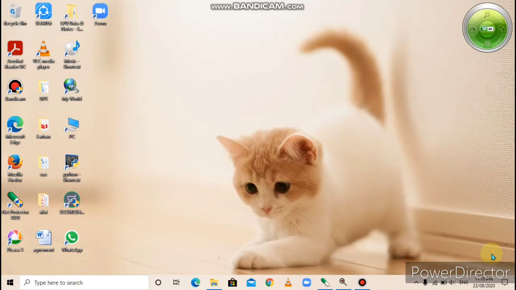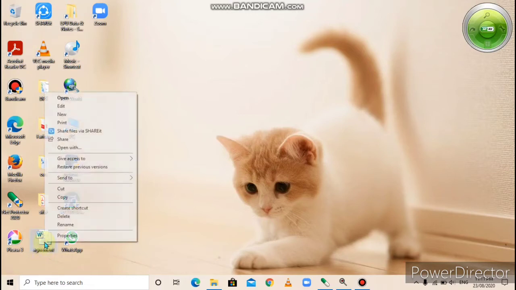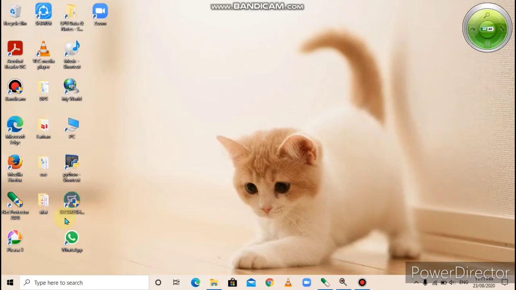We can double click on this icon to view the deleted files or folders. When you double click on the recycle bin icon, then you can see which files are deleted. Let's see, I give one example. There is a file. This is a file, right? I right click here and choose the delete option. This file is deleted.